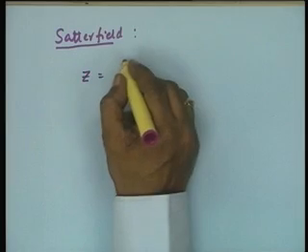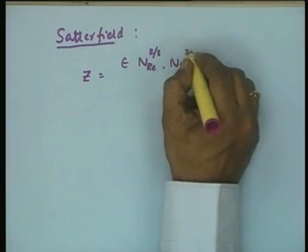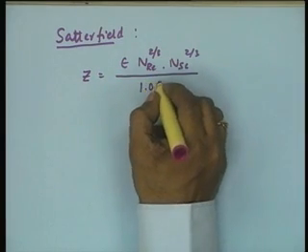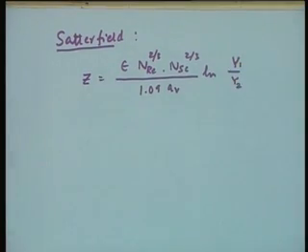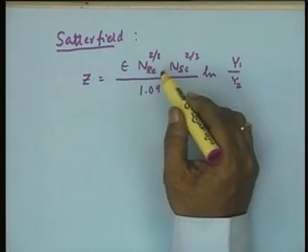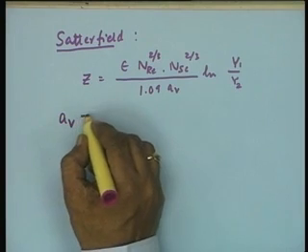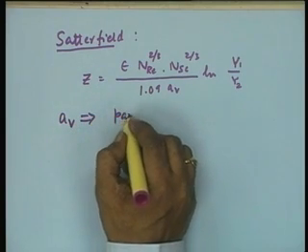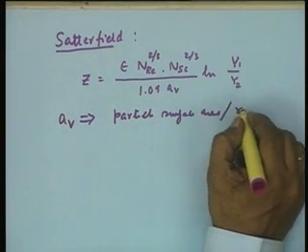performance equation based on film diffusion control for a heterogeneous catalyst, and he defined a parameter Z as equal to epsilon N_RE to the power 2/3 and the Schmidt number to the power 2/3 upon 1.09 A_V ln(y1/y2). Now, here epsilon is essentially our void fraction, as we are familiar, N_RE is the Reynolds number, and this is the Schmidt number, and A_V essentially is the ratio of particle surface area to reactor volume,